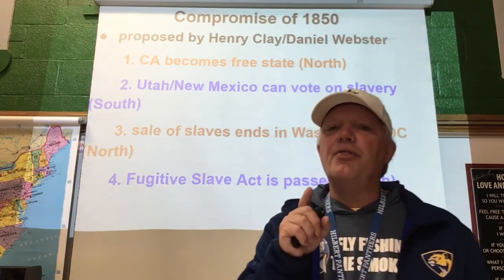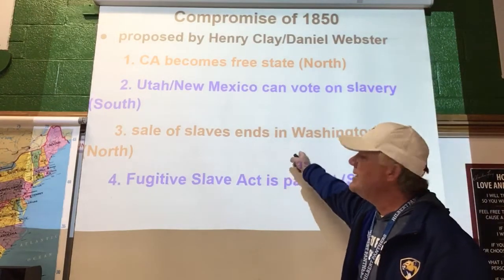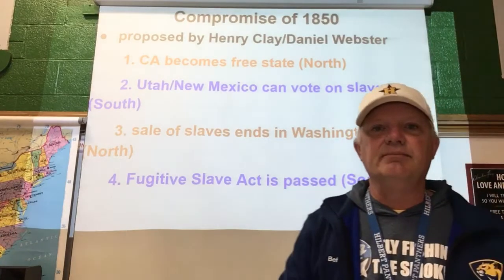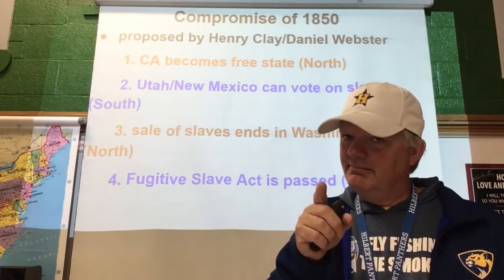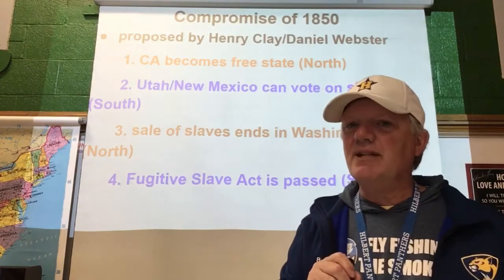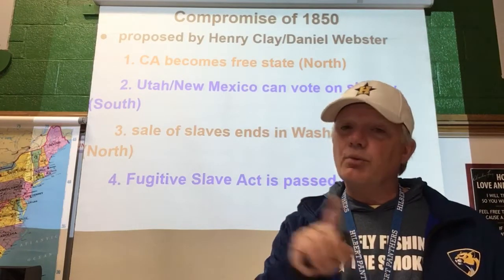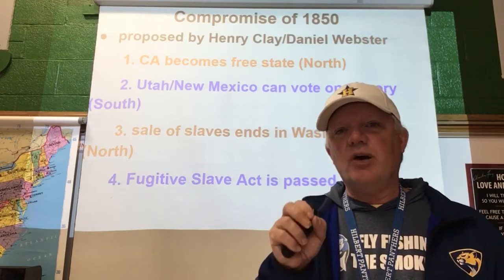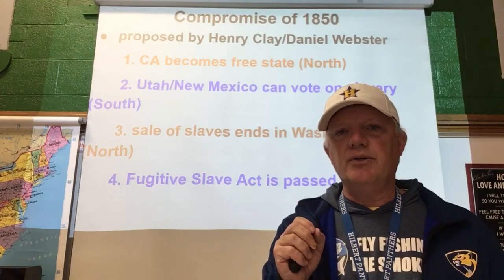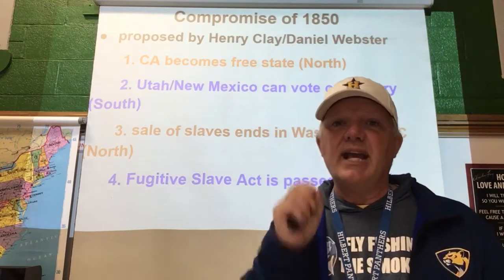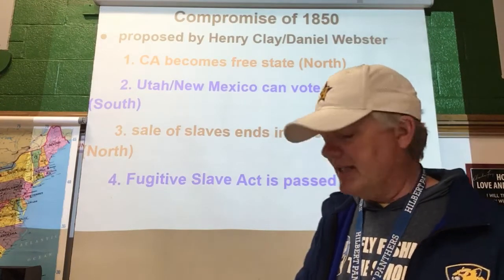Right? The third part of the Compromise of 1850 is that they will end the sale of slaves in Washington, D.C., the nation's capital. All right? You can no longer buy slaves in Washington, D.C. North likes that. The final piece is going to be a new Fugitive Slave Act will be passed. There was already a Fugitive Slave Act which dealt with the issue of escaped slaves, catching them and returning them to their owner. A new one's going to be passed, a tougher one. The South's going to like this, all right? So that's the Compromise of 1850,